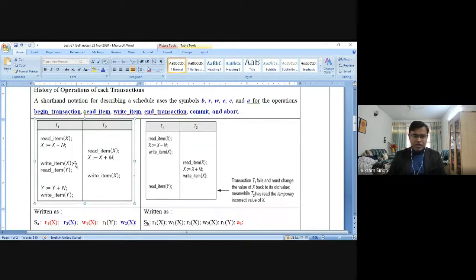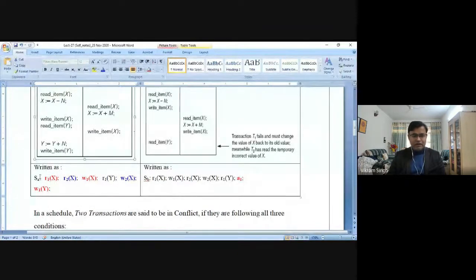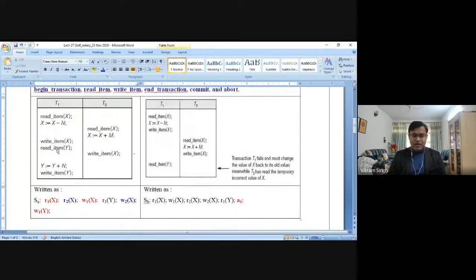You can see here in the bottom, you can write the same transaction schedule with the two transactions T1 and T2 in a different way. Say this is a schedule SA, where A simply indicates that this is one of the schedules in the system. SA has operations like R1X. R1X means a read operation from transaction T1, so the subscript 1 is placed. The transaction ID is placed in the subscript of the operation.